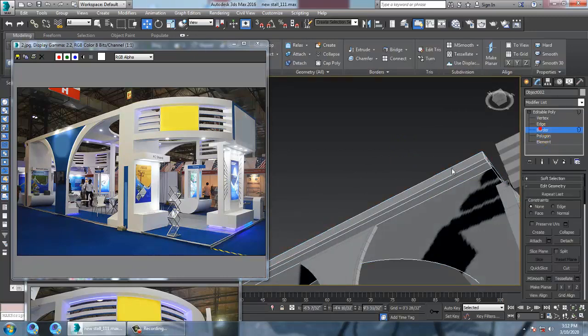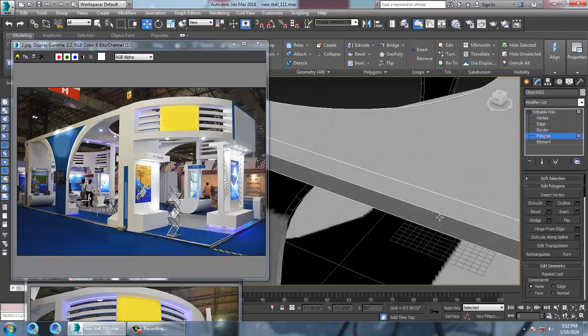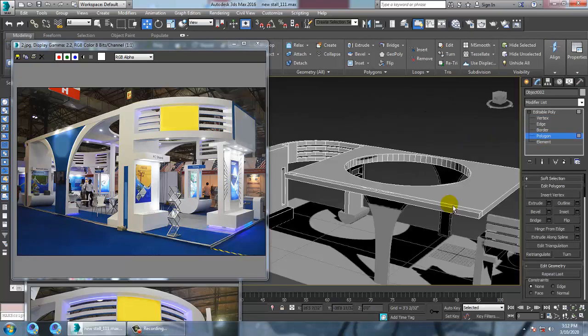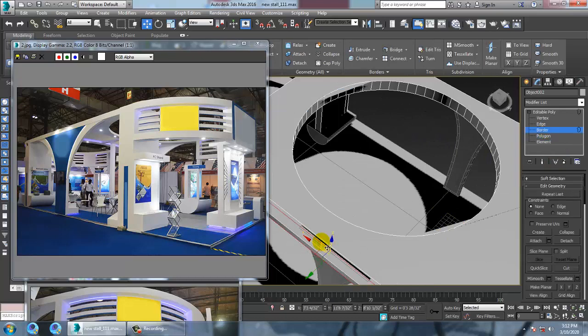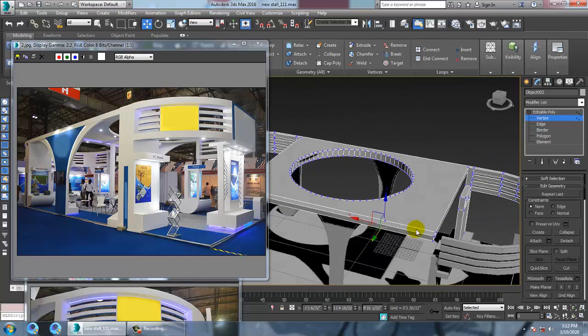So select this border and just cap it, select this and delete it. Again select the top border and just cap this out, and you see